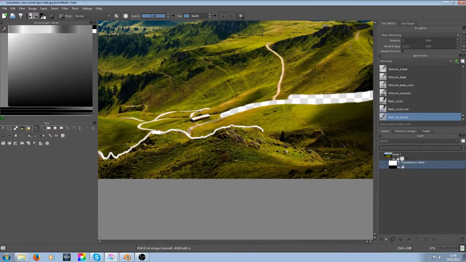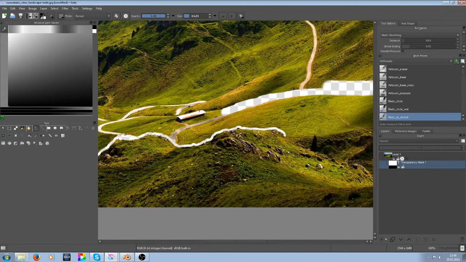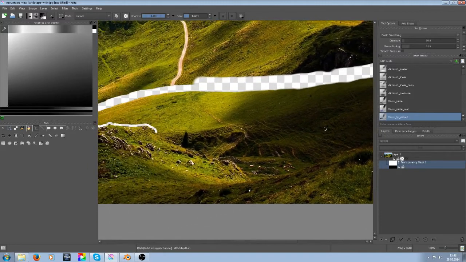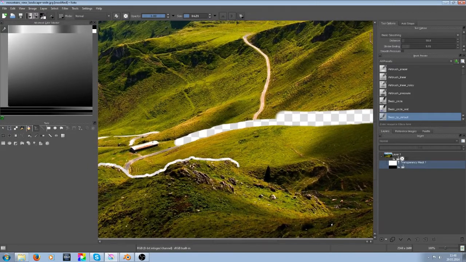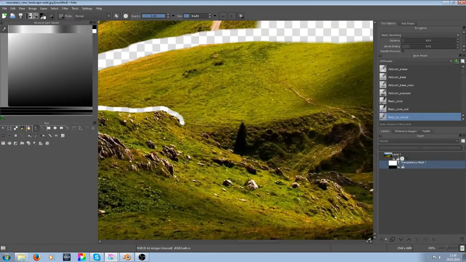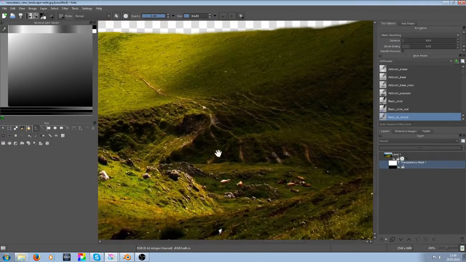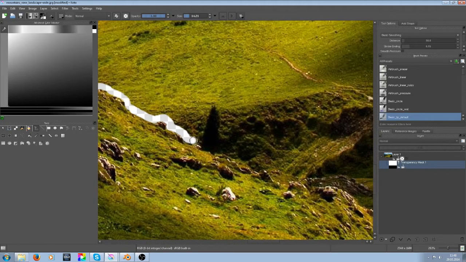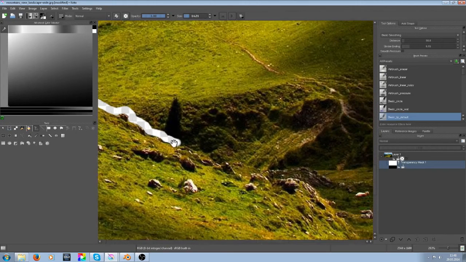So let's see, I actually erased a wrong corner right up here, because right now I start to see that this edge actually goes right in here, and it's good when you zoom out at some time, because then you will notice that you sometimes followed a wrong edge or a wrong corner,